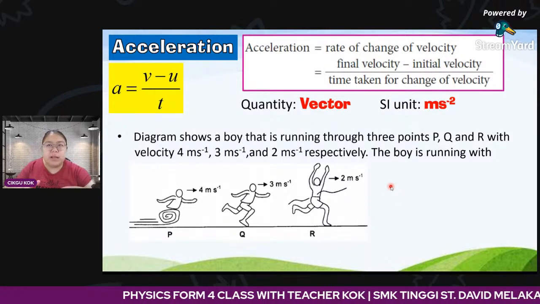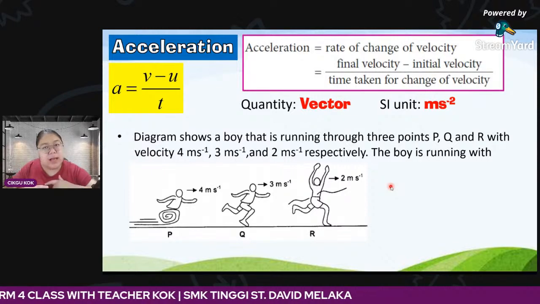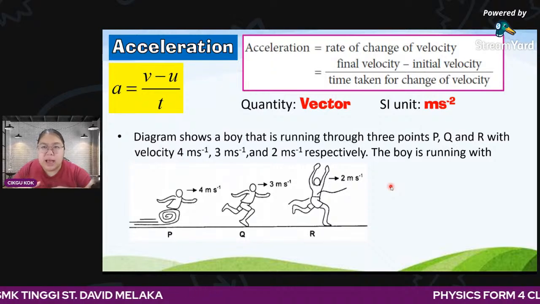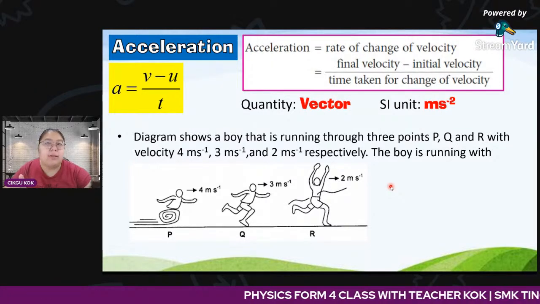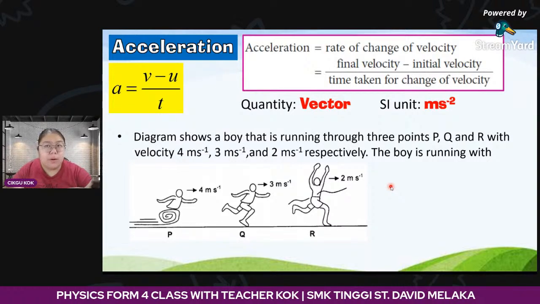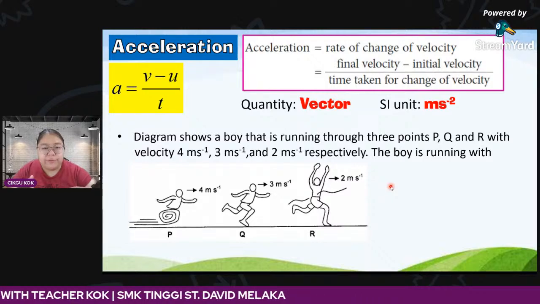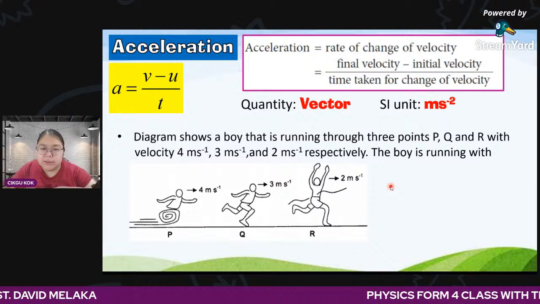Motion, that means you just can answer velocity, you just can answer acceleration. Either you say velocity increase, either you say uniform velocity, or you just say acceleration also can. So anybody can answer me this question. The boy is running with what motion? Can you see 4 becomes 3 becomes 2? So your answer can be answered as,